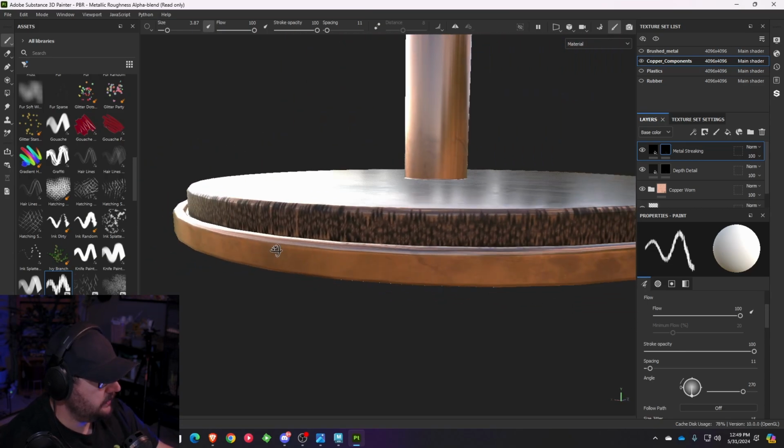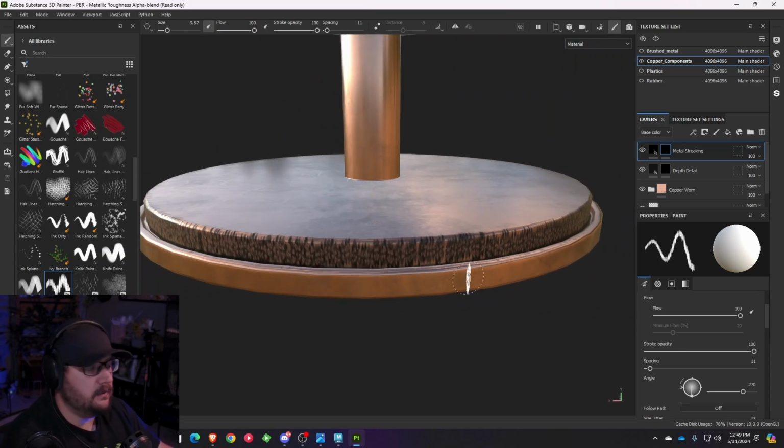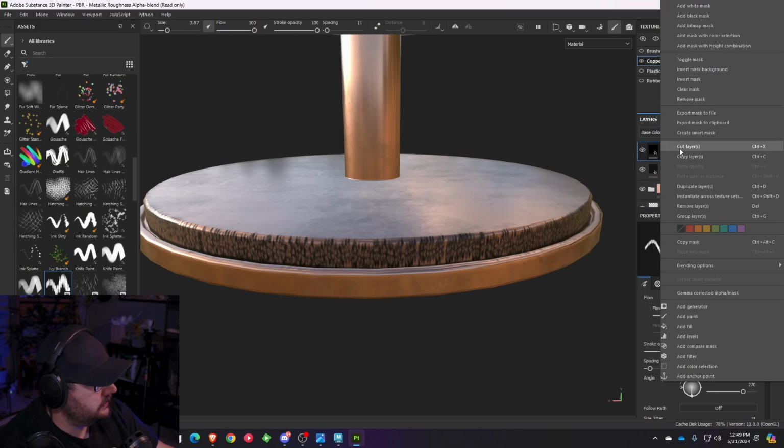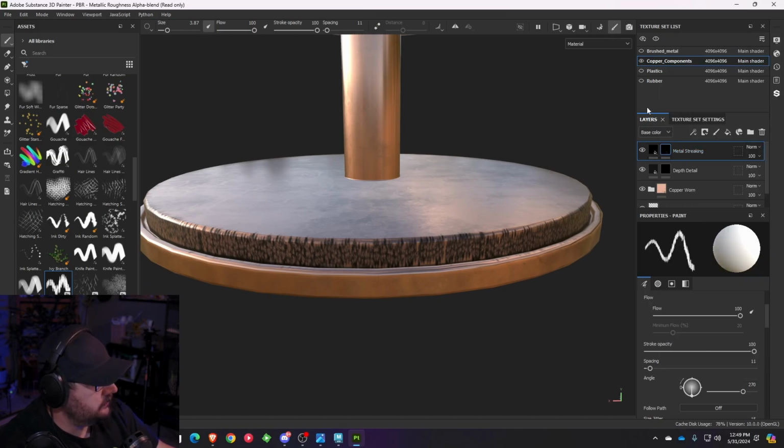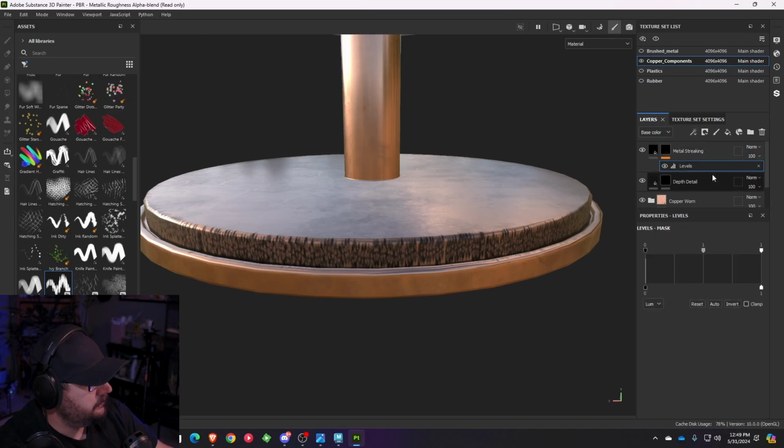All right, so there we go. We have our streaks. So what are we going to do? The next thing we're going to do, we're going to right click. Actually, we don't have to right click. You can just go up here to the magic wand and add a level. So this levels tool is going to allow us to adjust a histogram curve, depending on what we set that curve to. So if we look at this,